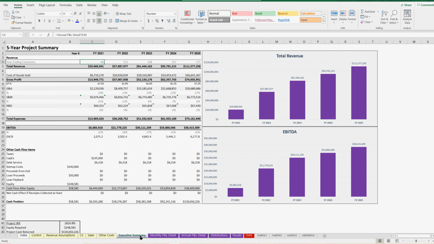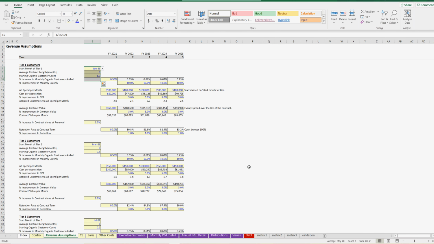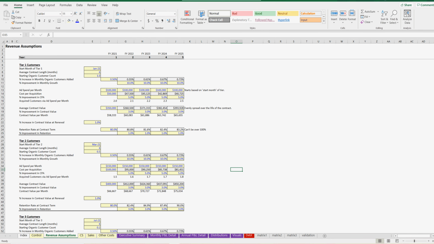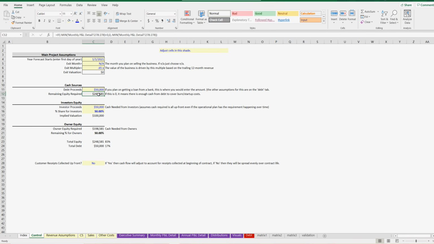But one of the last things I want to touch on, unless I think of more things to ramble about, is cash flow and cash requirement. This is another very important thing with startup financial models: based on all the assumptions, what's your equity requirement? This number right here is actually one of the biggest outputs of all of my models. It's based on any startup costs you have in time period 0, and then any burn you might have,